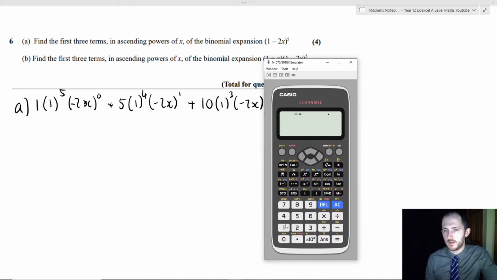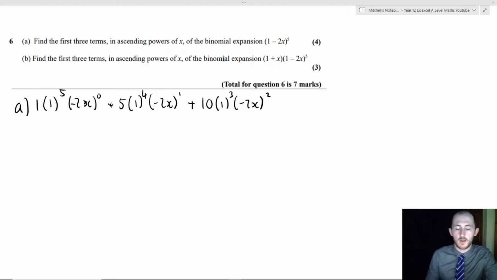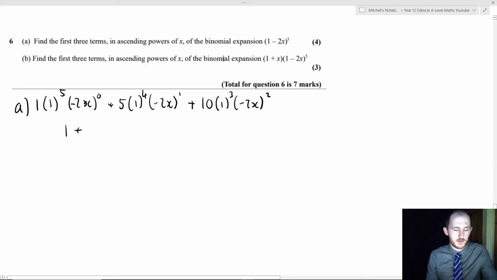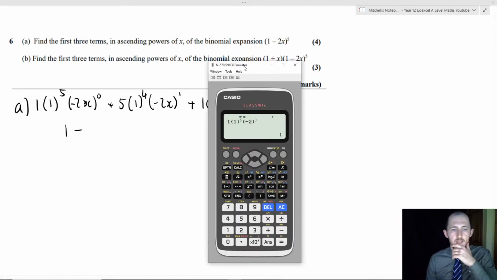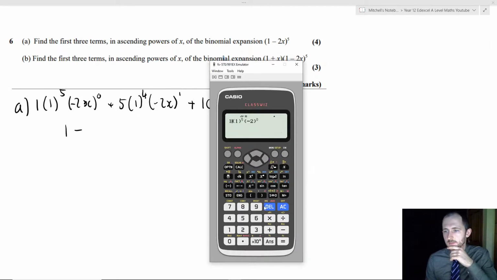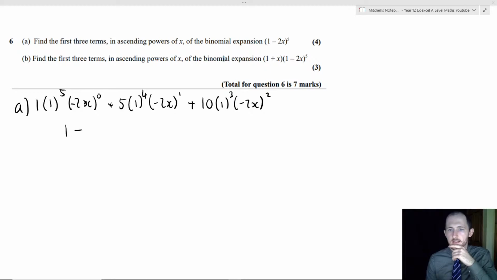So we have 1 to the power 5, that makes 1. Absolutely shocked at that. That's actually not going to be a plus this time, is it? So what we do is go from left to right, change that to a 5, reduce that power, increase this power, minus 10